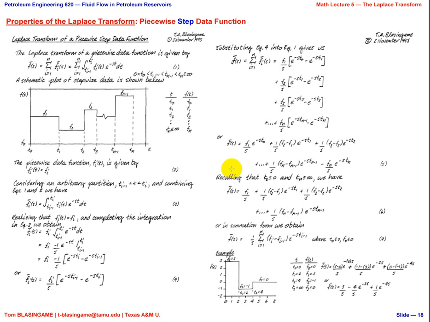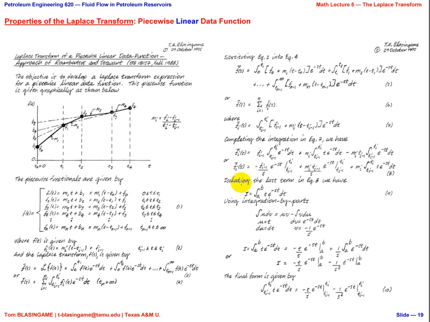So what you do is basically assume that for each one of these points you have a straight line, and you set a set of functions based on the straight line equation, and then you apply the Laplace transform to this set,